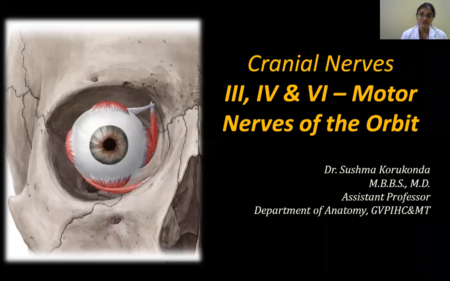So actually this is a different class. Oculomotor is taught in one class and trochlear and abducens in another, but I don't see the need of two classes, right? Because these three are the motor nerves of the eye. So in this present class, you've already finished your gross anatomy and neuroanatomy, so this is again something which has to combine these two things together.